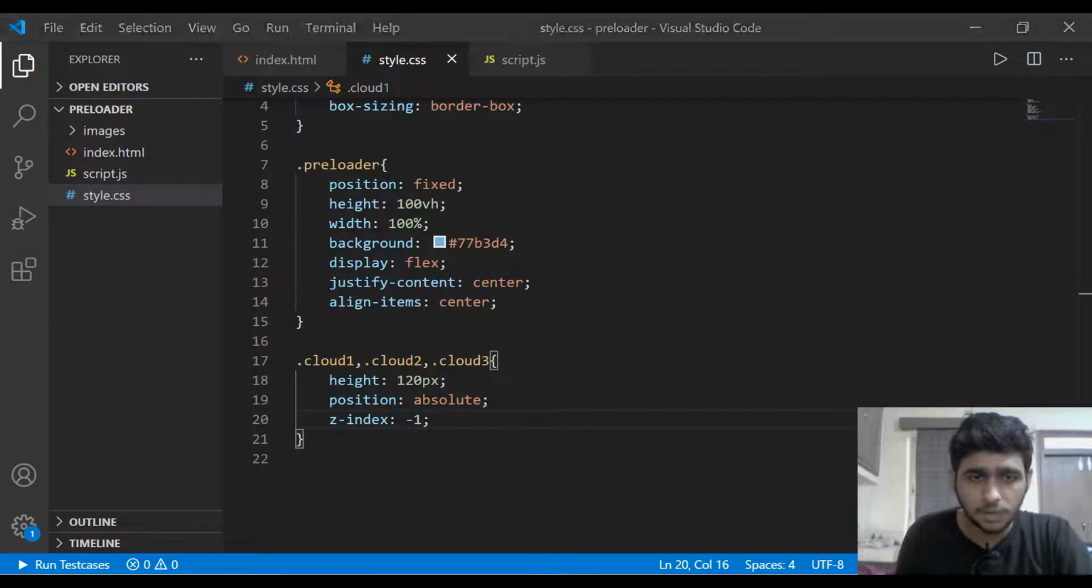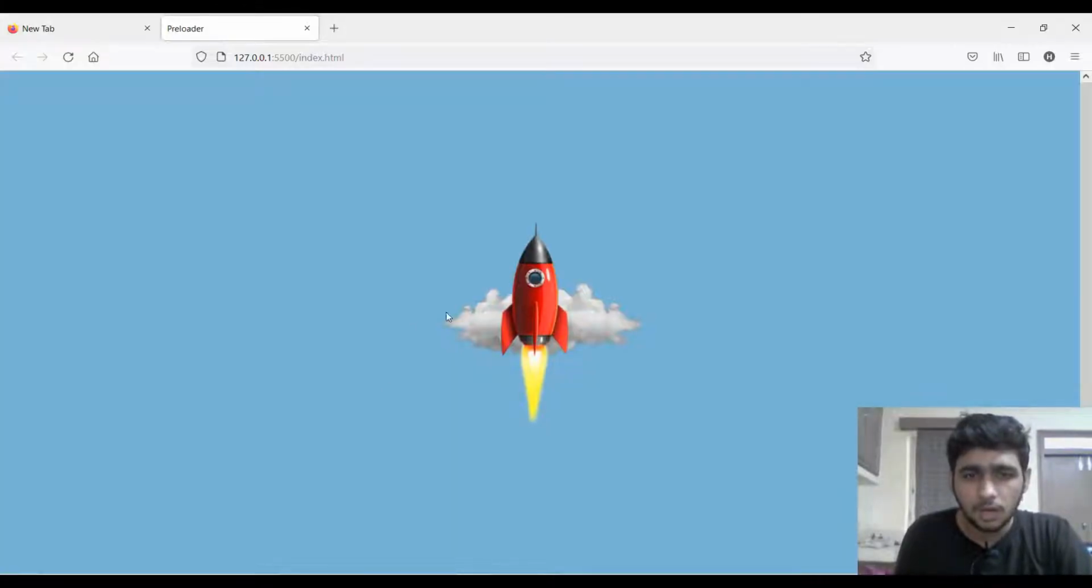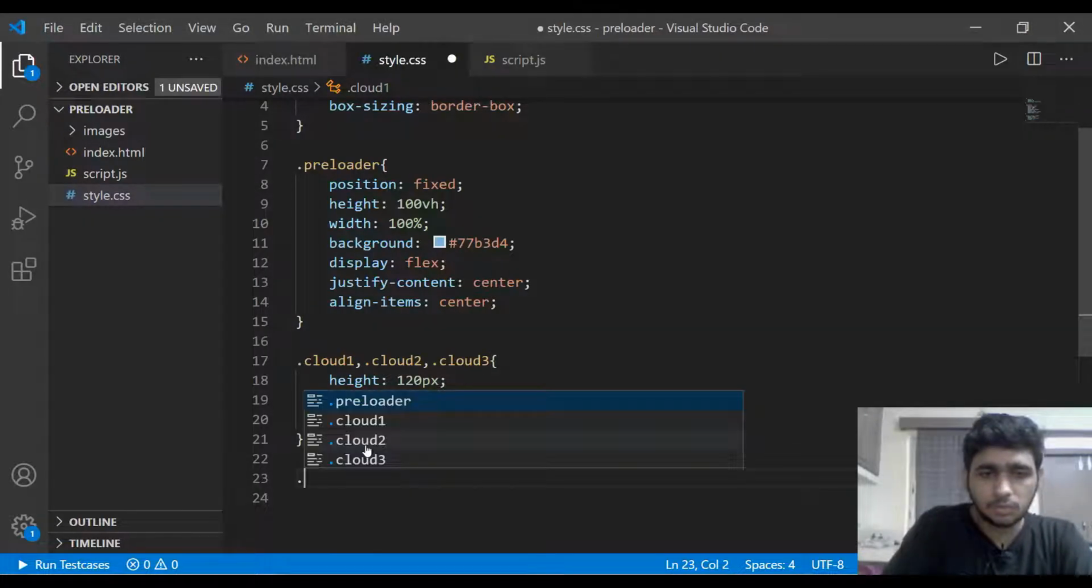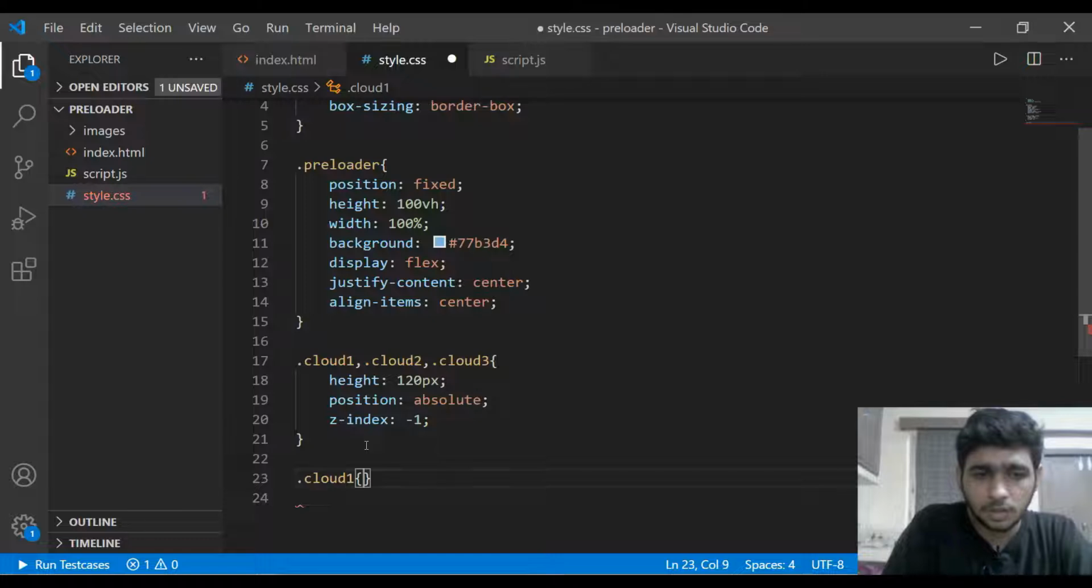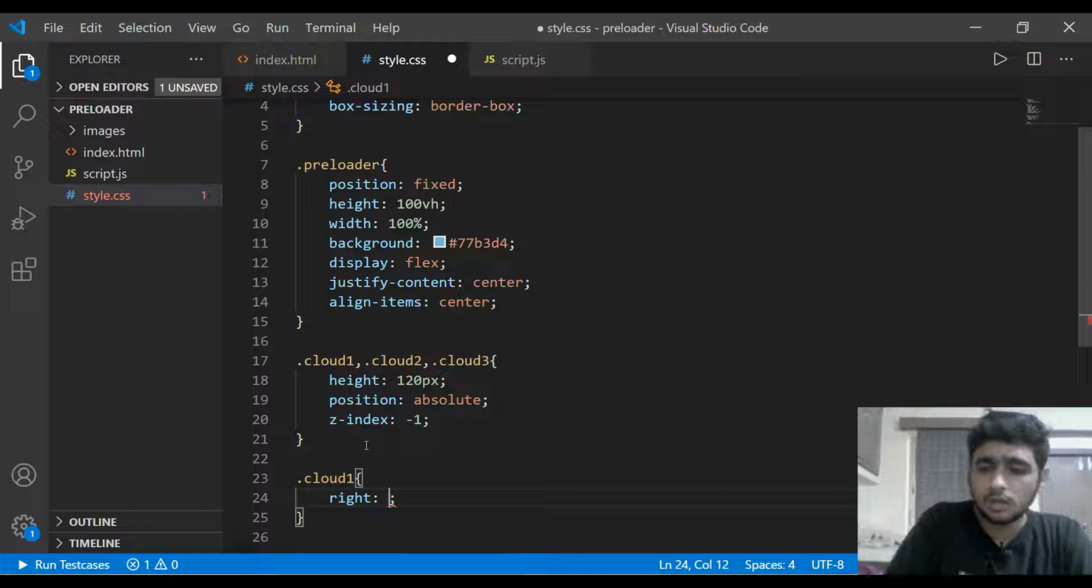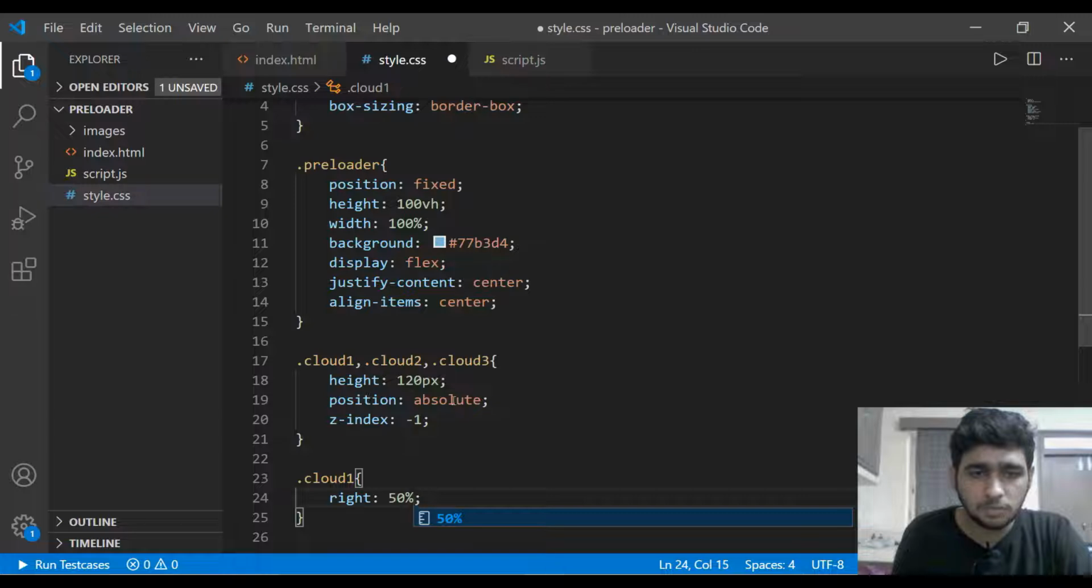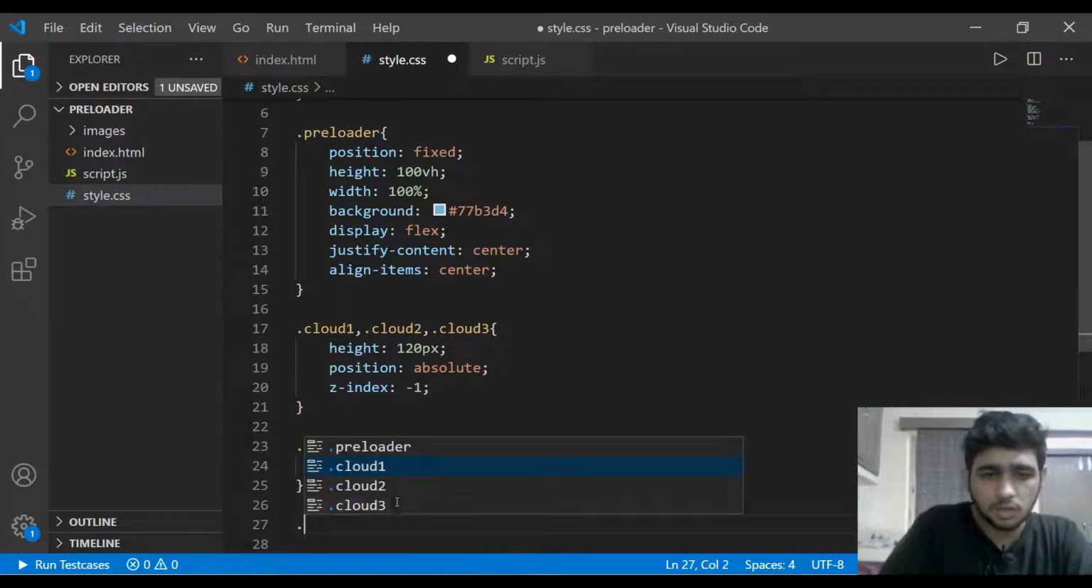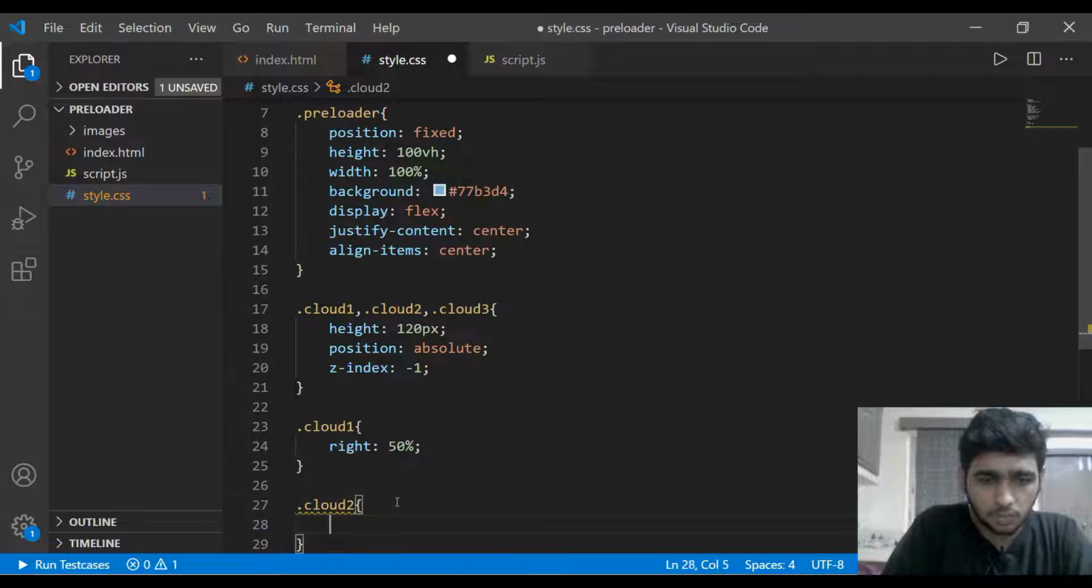So now all our clouds are at one place. Now I need our clouds to be a little bit spread apart. Okay, so let's grab this cloud and give it right 50%. See, we have given position absolute, so we can directly give right or left or whatever we want. We can position them there. Okay, the position is okay. So let's do the same thing with cloud 2, and with cloud 2 we will be doing left 50%,